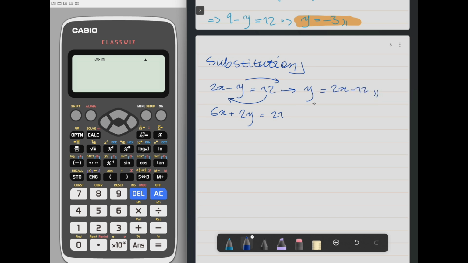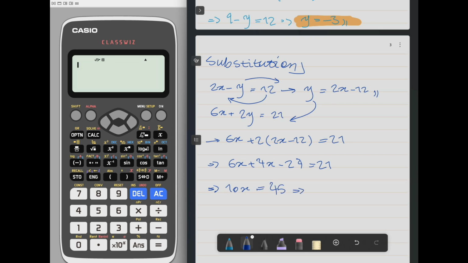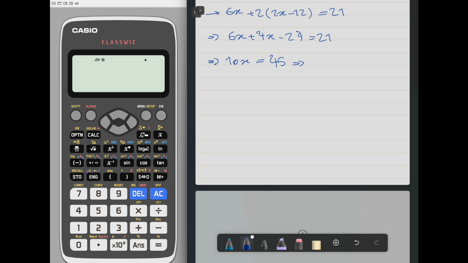And now I can put this into the second equation. So I will have 6x plus 2 times 2x minus 12 equal to 21. So 6x plus 4x minus 24 will be equal to 21. So 10x will be equal to 45, and as in the previous solution, x is equal to 4.5,